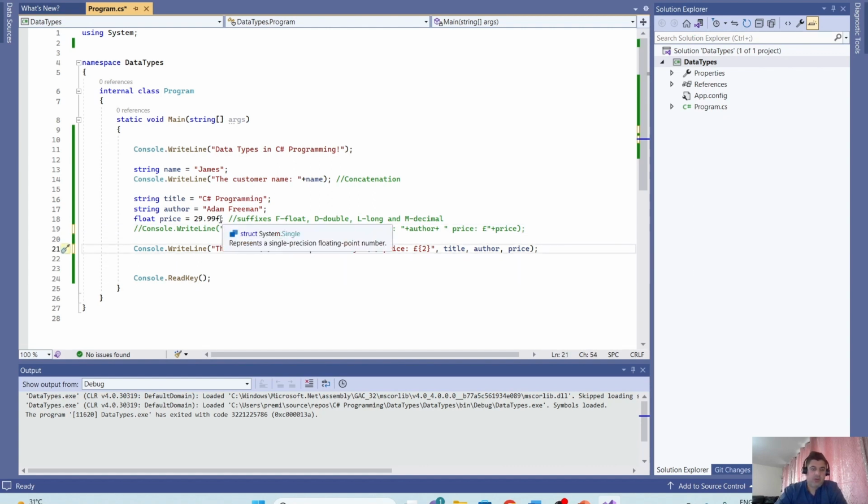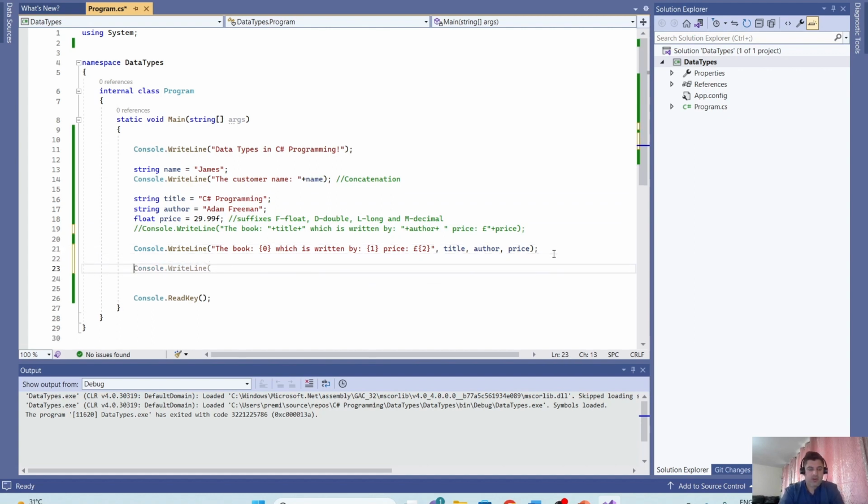So what did we use so far? We used string and float. And let's say you want to write here integer. So let's say total books in stock. Let's say what do you want to store in it? Let's say gender. And in gender, you want to store the gender of our customer, James. So let's say we don't want to write the whole "male". If you do that, then in that case, we have to have this as a string. But if I just want to store only one character, in that case,